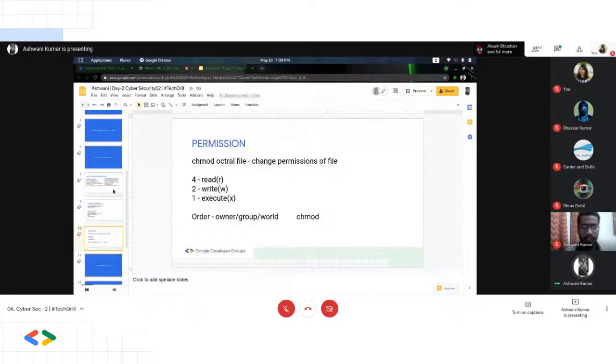And there are many more things that you can learn stepwise. You can learn more advanced things in the terminal. You can even go for installing the tools. You can even go for working with the different tools. How I can work, let me just show you. If I want to install